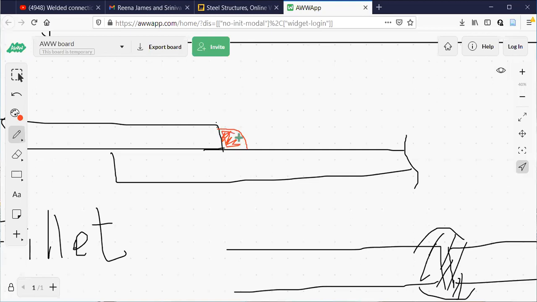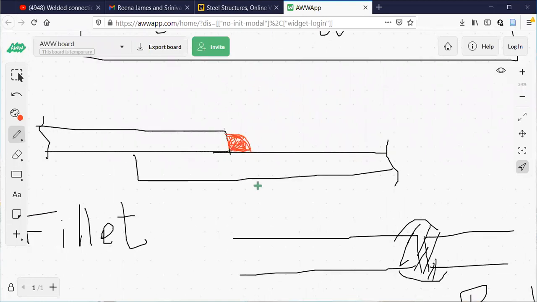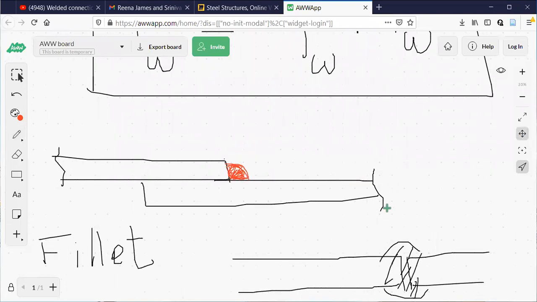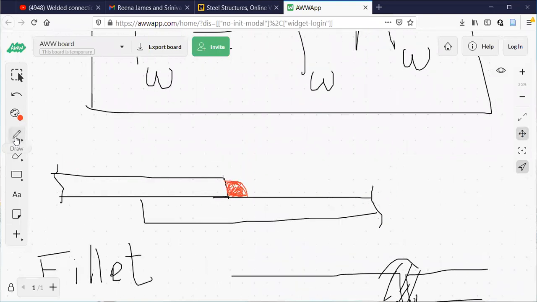This is the cross section magnified. So this is all weld here. The cross section of the weld looks something like this. So this is the elevation of two plates. In plan, you observe this. In plan, I'll try to show a smaller width because I cannot accommodate it here. This plate, this one I'll show here. Just see.